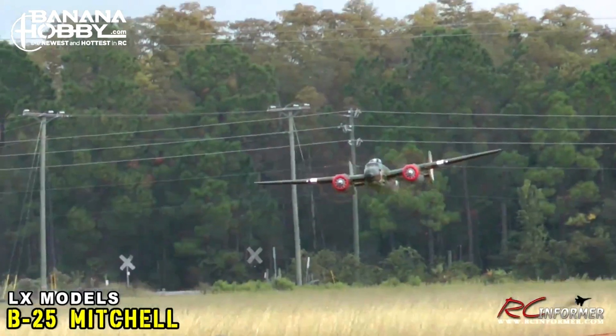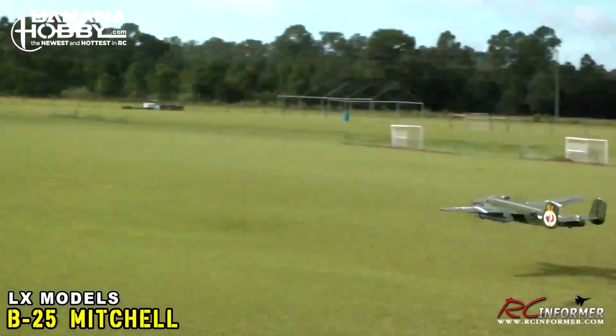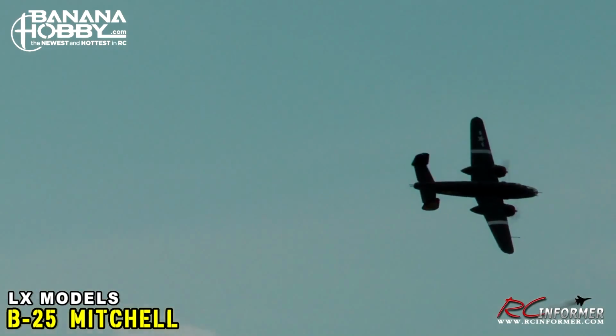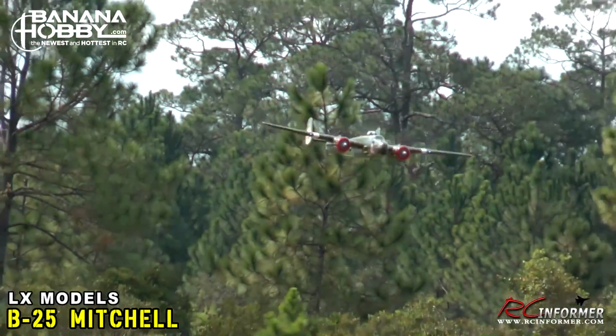Very, very smooth plane, guys. Now, I've made a few upgrades to the airplane. I've improved the linkages on the airplane, so be sure to check that out in the building guide. And I'm flying this on the stock battery. This is the LX Models 5200 milliamp 4-cell pack,